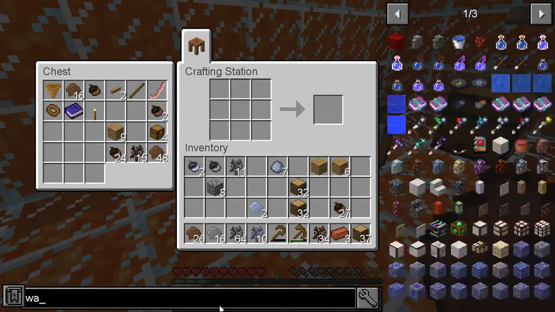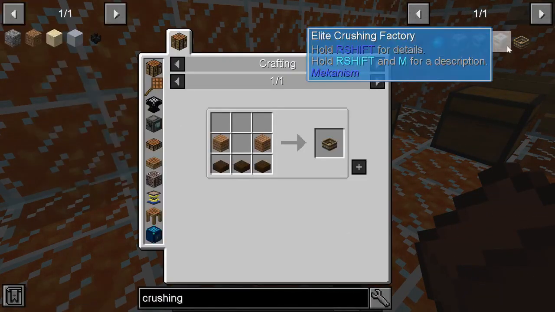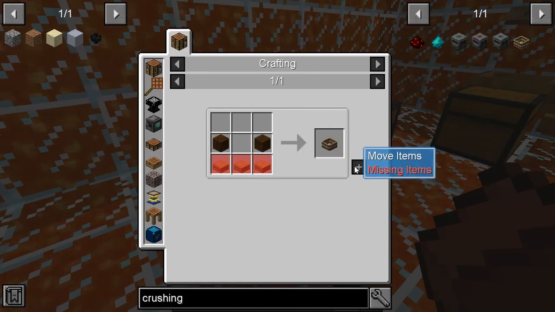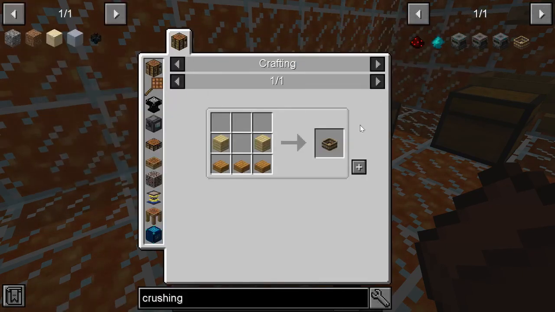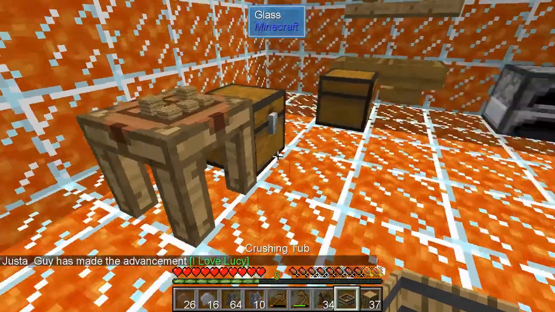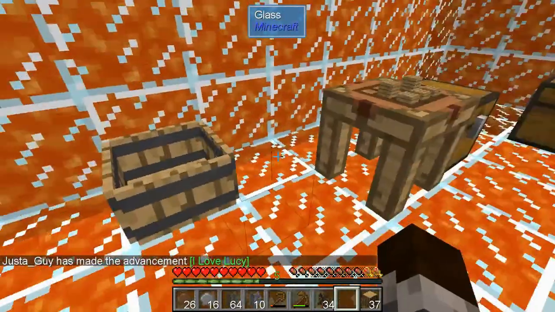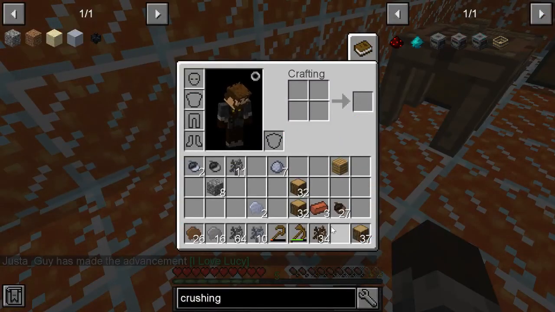So let's go crushing tub, which is just some planks and slabs and stuff, right? Yeah. Which I don't have slabs after I converted them all out. There we go. So we only need one. Probably won't use it too often. Put it down. I think, if I remember right, you can, at least in other mod packs,